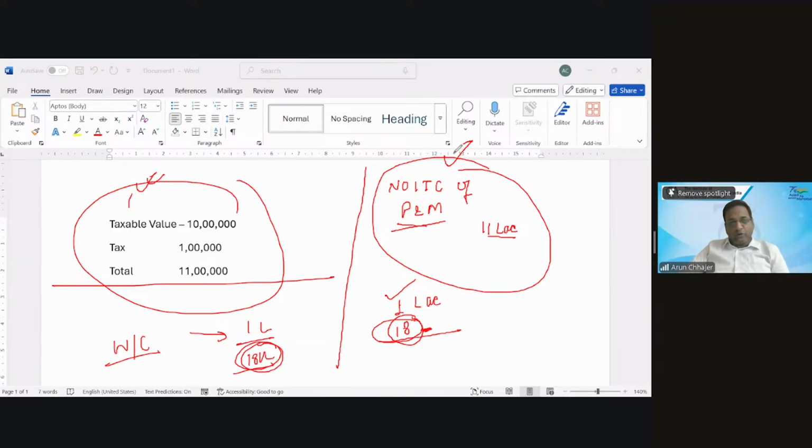करेक्ट करेक्ट समयनाथन, एब्सोल्युटली करेक्ट. अब इस क्वेश्चन का आंसर दीजिए. Everyone is requested to give the answer. ITC of the original plant and machinery I have not taken. It's my choice. I have not taken because I like to take the depreciation on 11 lakh.